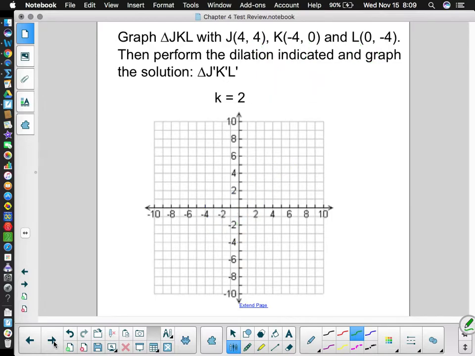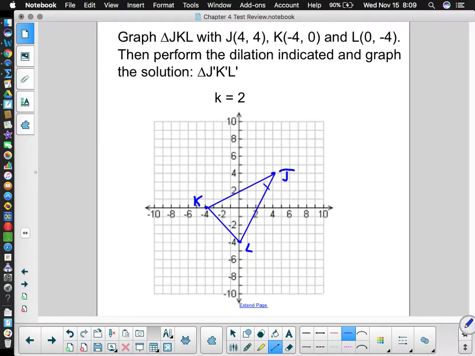Same shape, this time we're dilating by 2. Have you noticed, by the way, that it kind of works out that things fit on the graph nicely? Hopefully it's going to work that way again tomorrow. Okay, so there's the same original shape. So that's kind of nice. Hopefully you get it right the first time because,